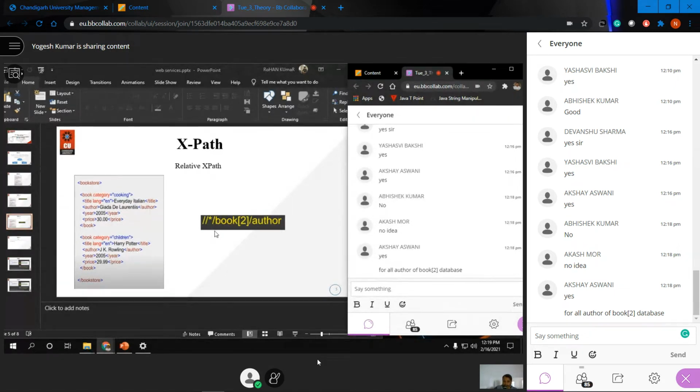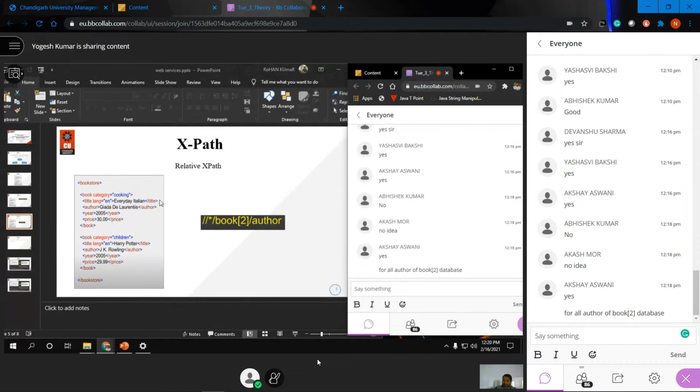No, actually, this is for any kind of root tag. Star is just for any kind of root tag. It doesn't matter whether the root tag is bookstore, or student, or anything. This star is for the root element. So if you are having any kind of tag over here, the star means any tag can be the root element, but within that if you have book and slash author, it will extract for you.